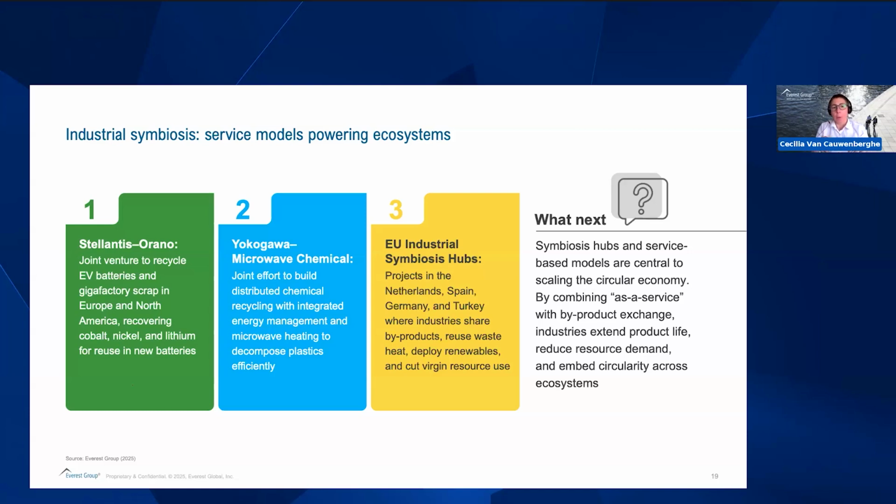Rather than one large plant, because the technology is based on microwaves, it needs to be modular. This model deploys smaller units located near feedstock sources. Yokogawa ensures reliability and quality via predictive control algorithms, remote diagnostics, and AI-assisted scheduling. The distributed approach reduces feedstock logistics by 30–40% and also increases local employment, precisely with this distribution into smaller plants. Energy efficiency and traceability combine to unlock green financing eligibility. This is another factor that makes this very attractive.